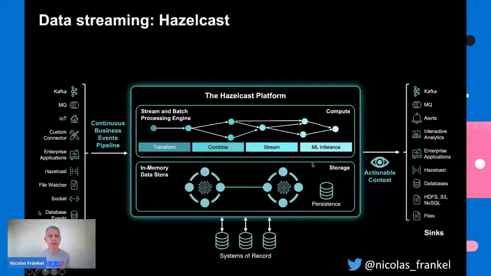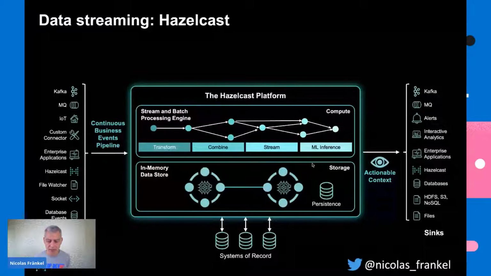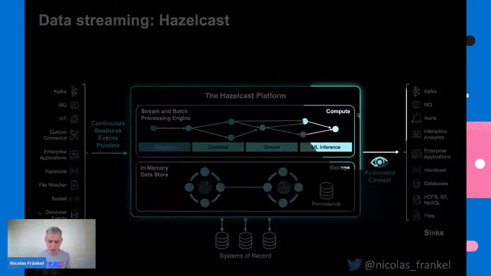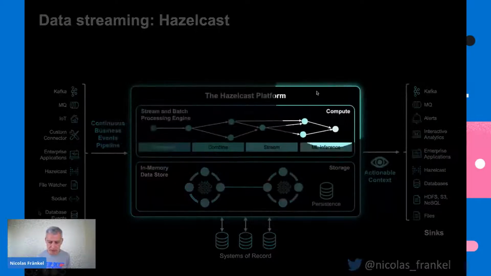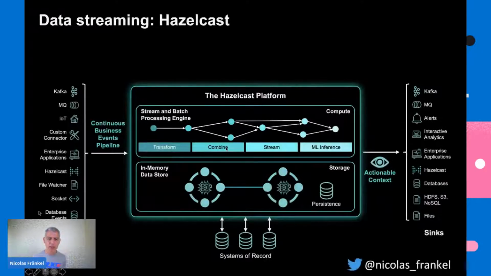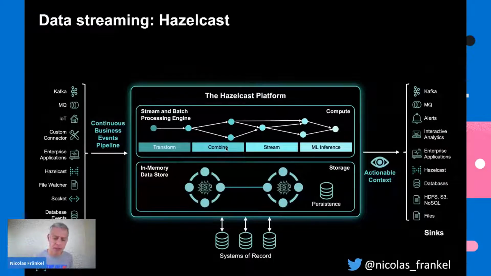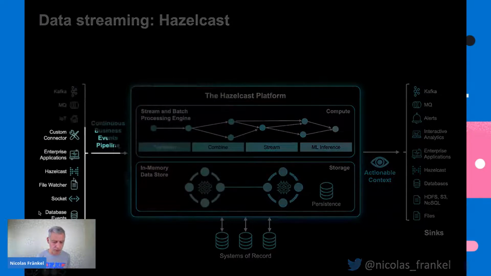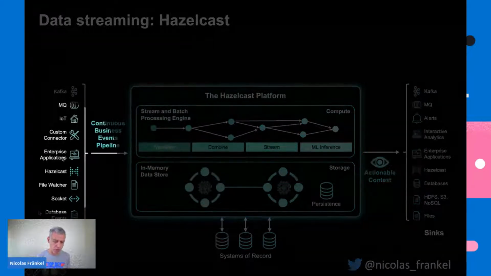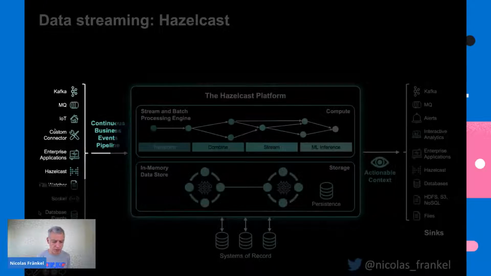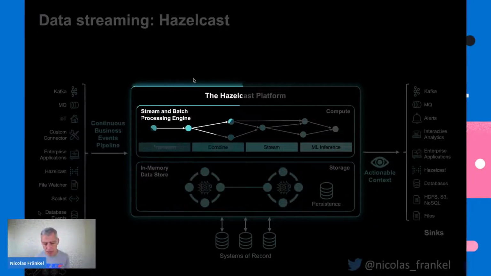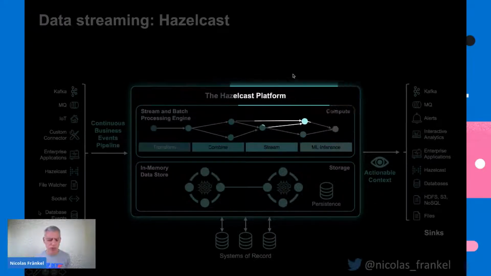But since version 5.0, we added another feature. Before it was called Jet, and now it's part of the platform. It's the stream processing engine, an in-memory distributed processing engine. You have a couple of sources, and if nothing suits your fancy, you can create your own, which I will do in the demo. Then you can do transformation, combination, enrichment, whatever.